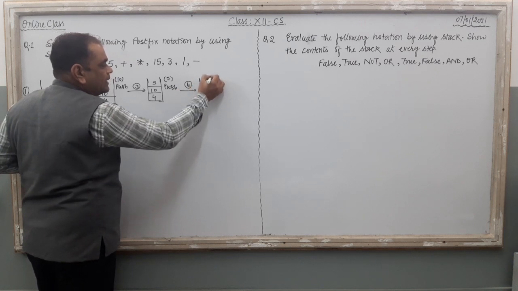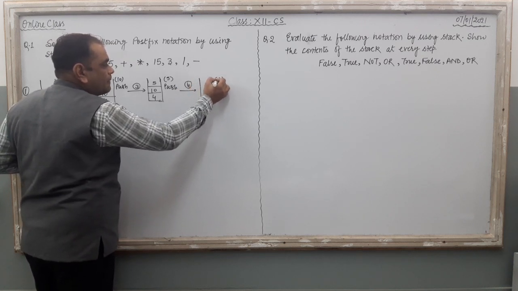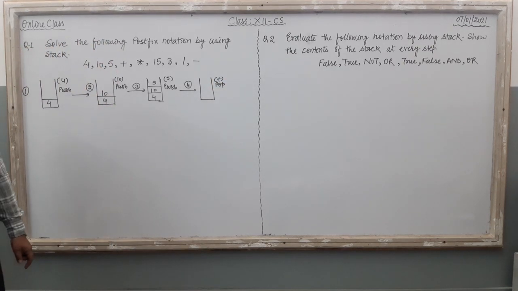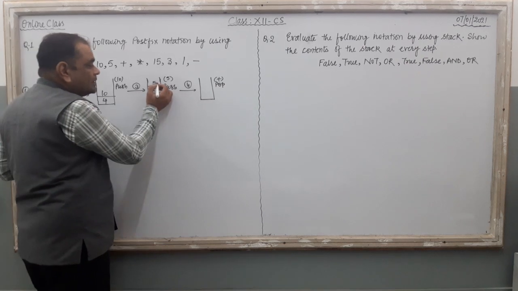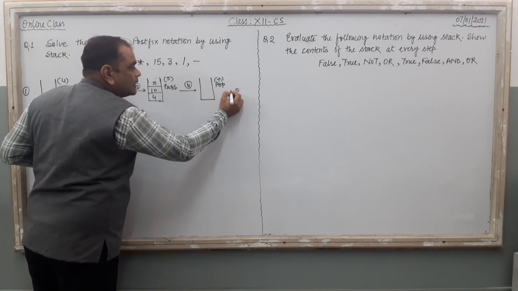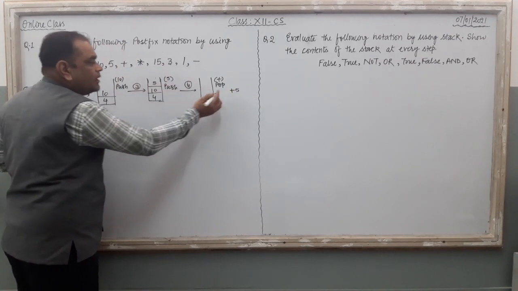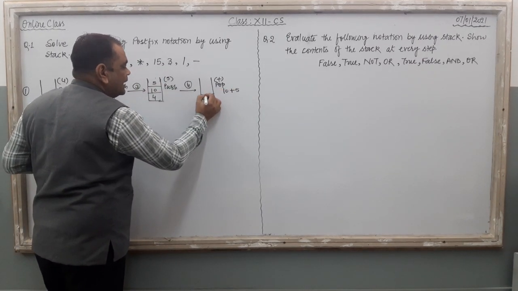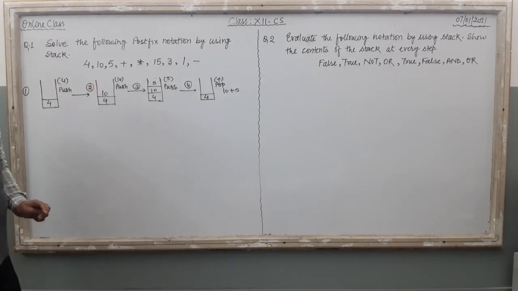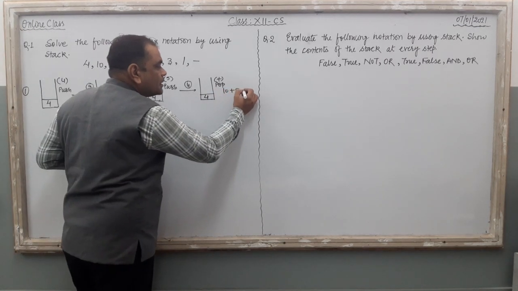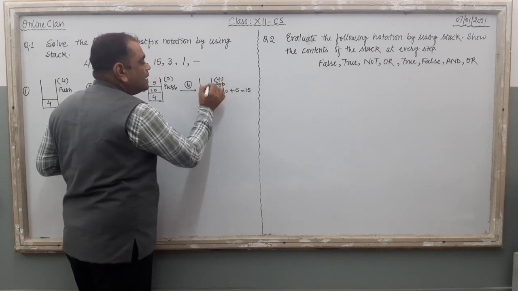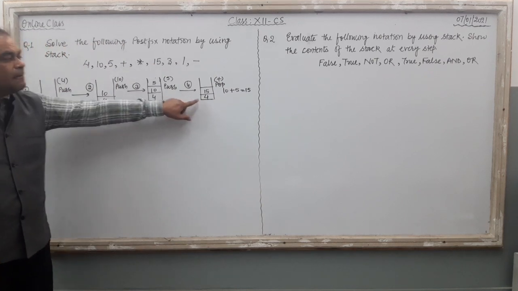Now in the fourth step, one operator is there and it is the binary operator plus. So we have to pop 2 values from the stack. When you pop these 2 values, very first you have to take 5, then put plus, then the second value 10. And then the stack looks like this one: 10 plus 5. Now evaluate this equation. The result is 15 and you have to push the result back into the stack. So the fourth step looks like this one.